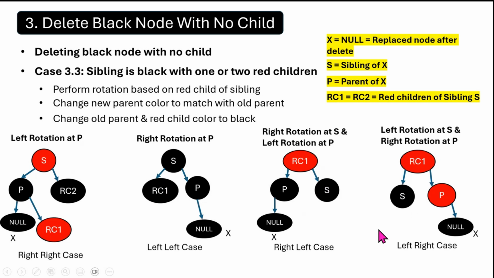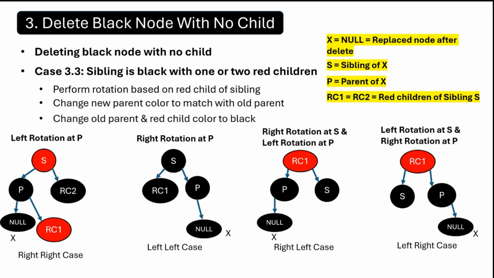So you can see there are 4 cases under 3.3. And depending on the case, we perform a specific rotation and we change the color of the new parent to match the old parent, and the old parent and the red child color to black. So this is how the third case, delete black node with no child, is handled with different subcases in it. So hope you understood the self-balancing logic in a red-black tree